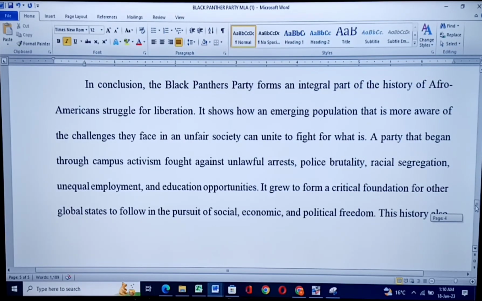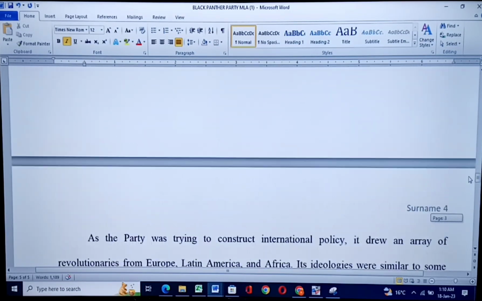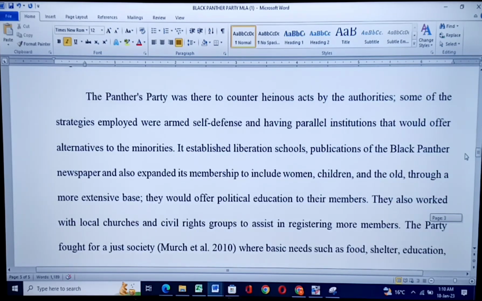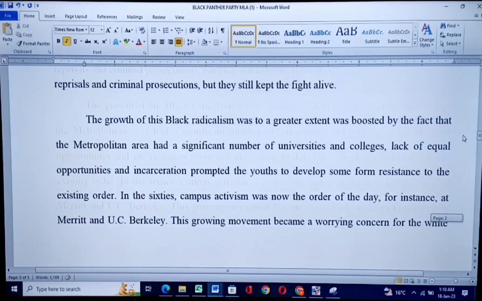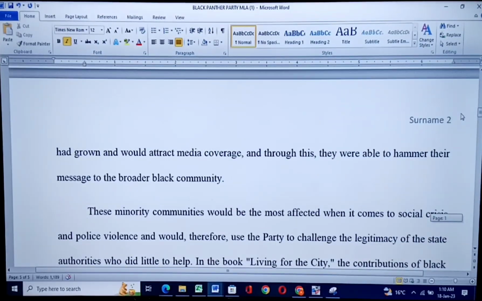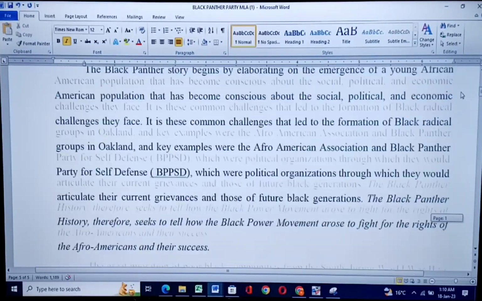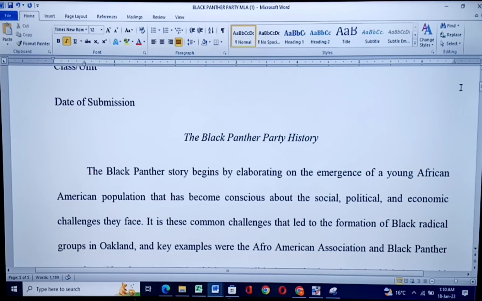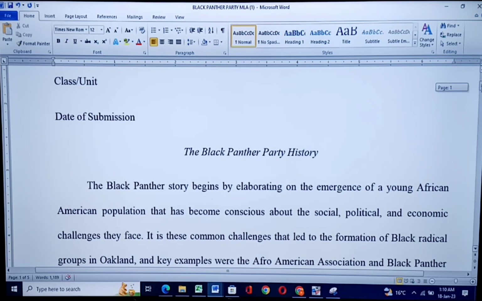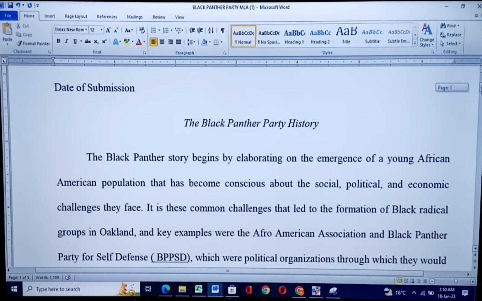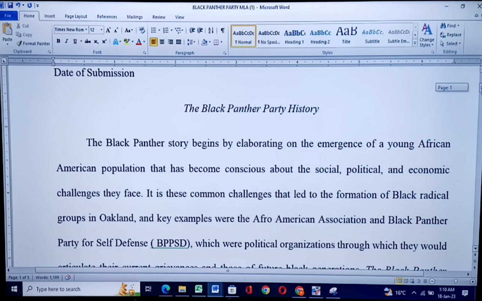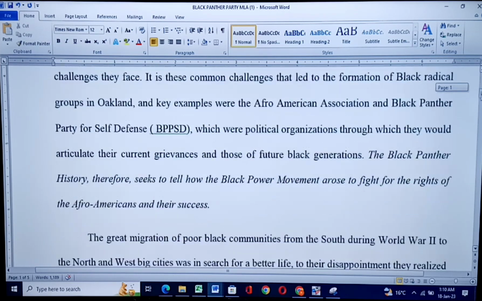One, you can check if there is any space that was left in between your details and your title, and reduce that space so that you can have your works cited on its own. But you can see in this case there is no space to push my work on top. So what I'll do,